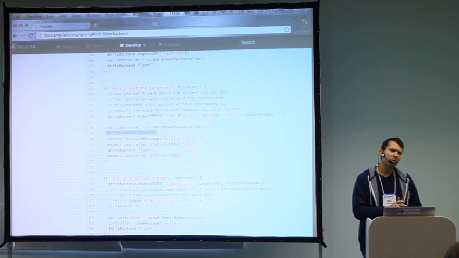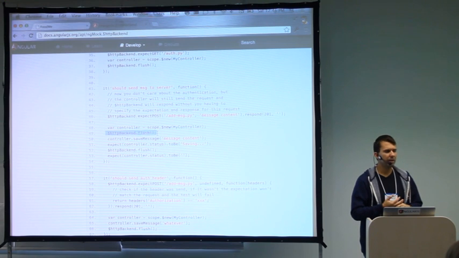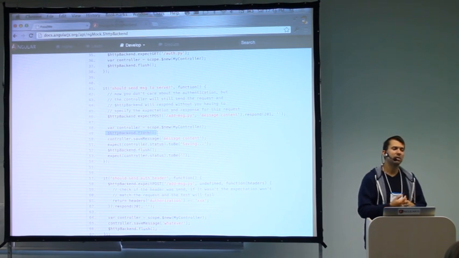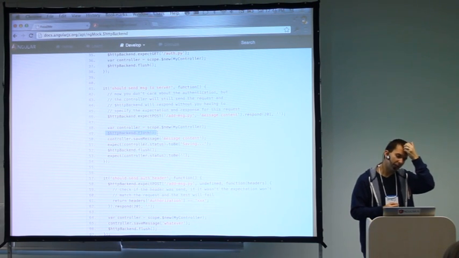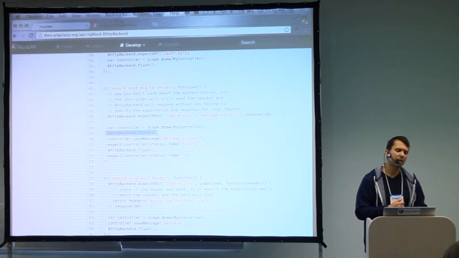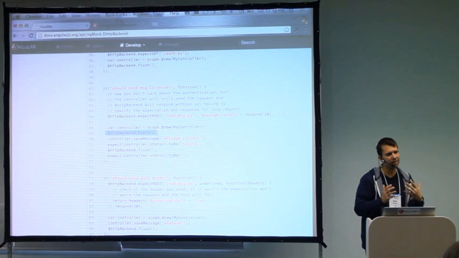And so we went from an application written in GUID, which was 17,000 lines of Java code, into Angular, and it became 1,000 lines of JavaScript code. So 17 to 1, it's a big difference. And since then, other people have rewritten their applications as well, and they got similar numbers. They got about 15 to 1 or something like that. We always see at least 10 to 1 when people rewrite it. So it's a huge